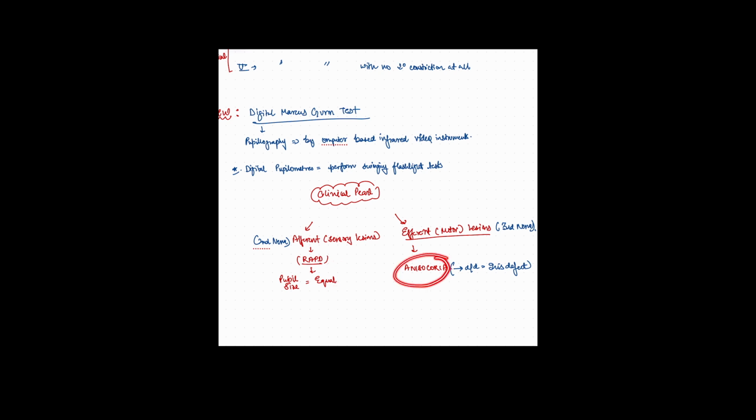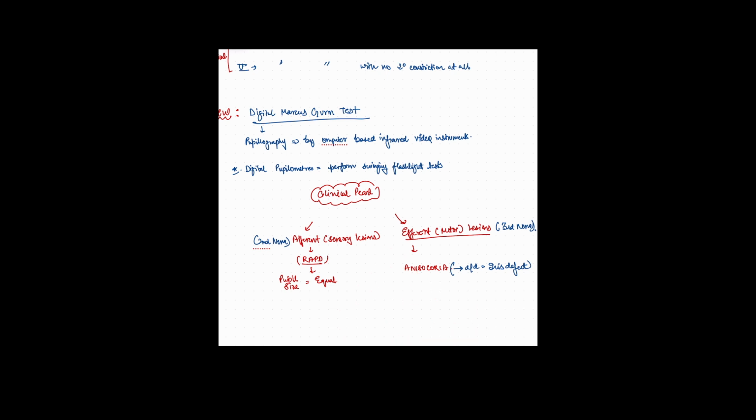And when there is anisocoria, what does that mean? That means efferent. What does efferent mean? Now this is your brain and this is your eye. What is coming from the brain to the eye? The motor part, the efferent part, is affected because it provides the tone to the eye. Tone, what does that mean? That means the sphincter pupillae has a certain tone that keeps your pupil slightly constricted. So when this tone is lost, there is an efferent defect in one eye, and this eye will be a little more dilated than the other eye, causing anisocoria, a difference of pupil size between both the eyes.